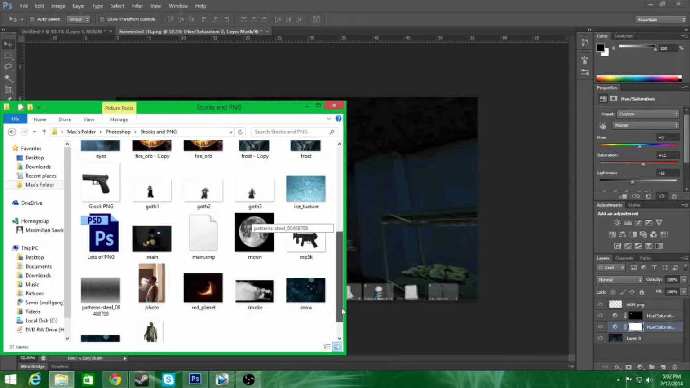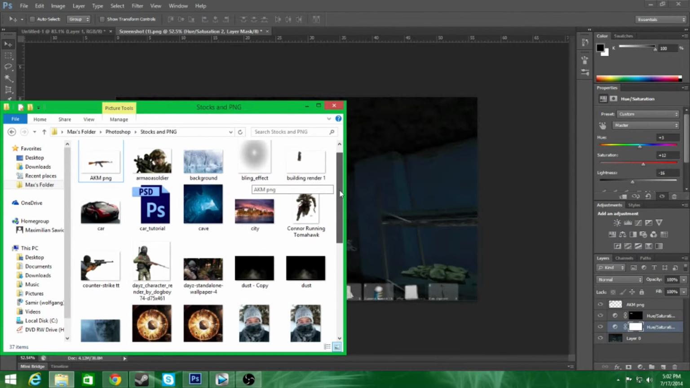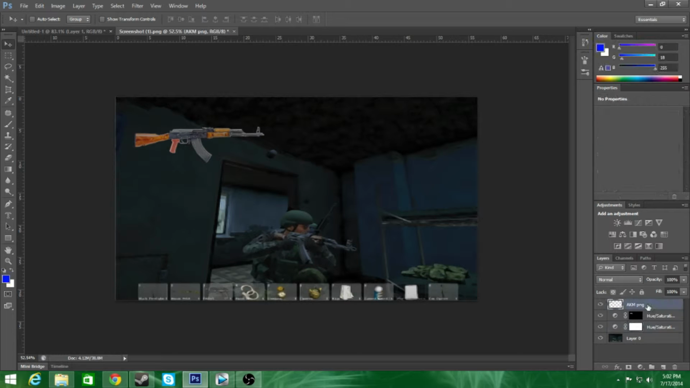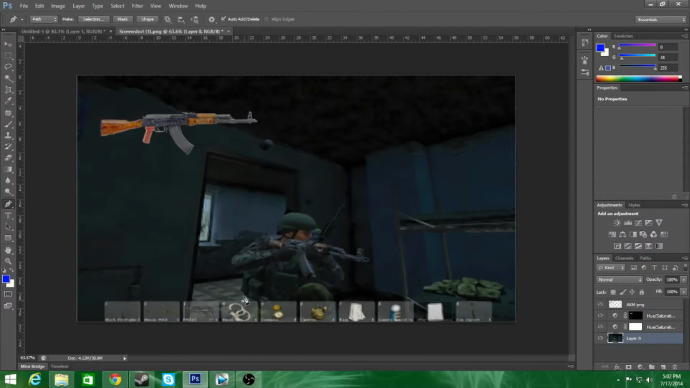Let's see what else I can put in. It's always good to have a folder with all your stock files and your PNGs so you can just drag and drop onto your image. What I'm going to do now is cut out this guy so I can put on